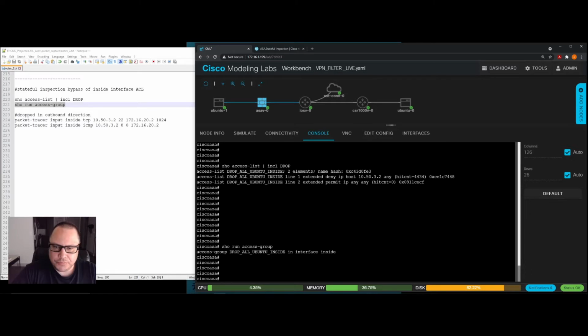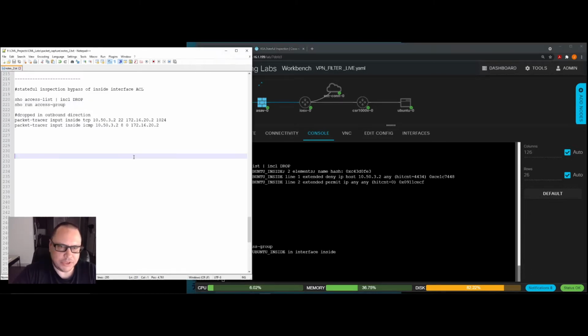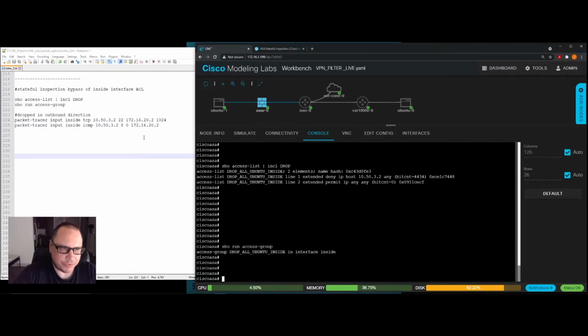And so basically the problem with this example and the way that I was thinking about it is I was not taking into consideration the concept of stateful inspection. And so I think for most people that get introduced to firewalls, the concept of stateful inspection, like for the